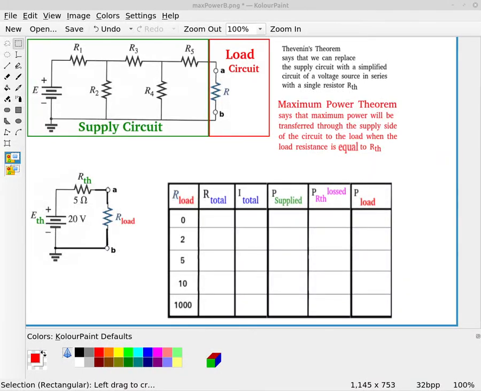This video is going to discuss the maximum power theorem. To start with, I just want to remind you about Thevenin's theorem. Thevenin's theorem says that if we have some complex supply circuit